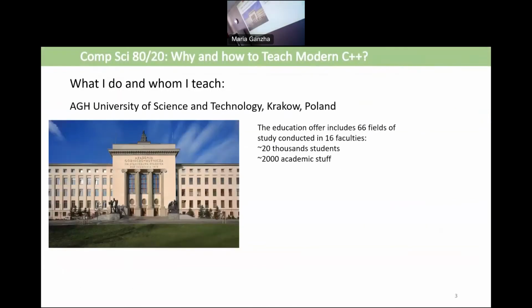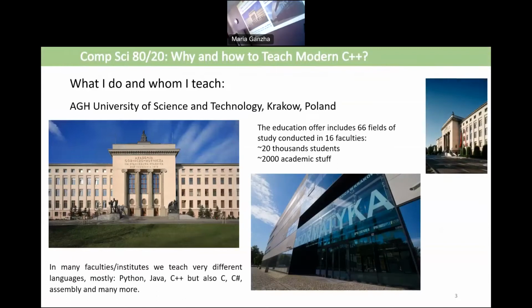Just briefly about my university. It's quite huge in Poland. We have more than 20,000 students, more than 2,000 academic staff, and actually 5 departments which teach computer science, which we call Informatyka in Polish. Usually we teach languages like Python, Java, C++, C#. My department, I have a background in electronics, so I'm teaching electronics students, telecommunication students, but also computer science students, and also students from humanities departments, biology, and others.